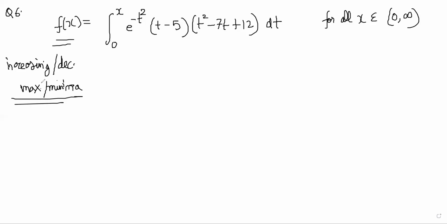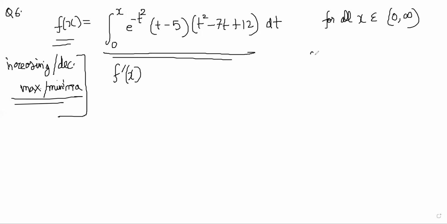But what is the main thing here is to be able to understand how to get f dash x. You can decide all of these questions by being able to find f dash x. So f dash x, if you have to find, now think about how I will do it. Notice first of all that this is a function of x. It's not a definite value. It's not a constant, because there is an x here.